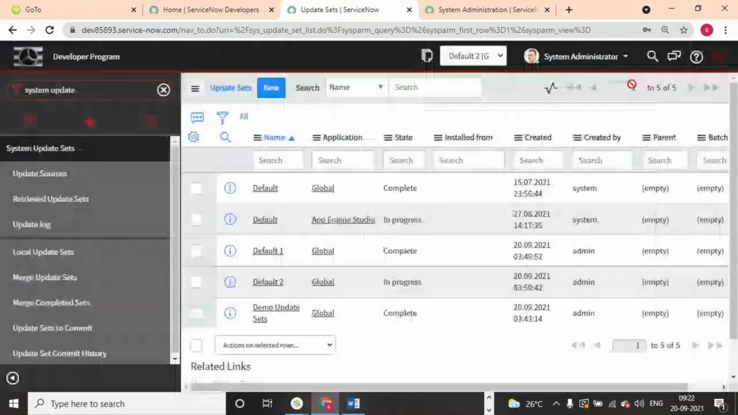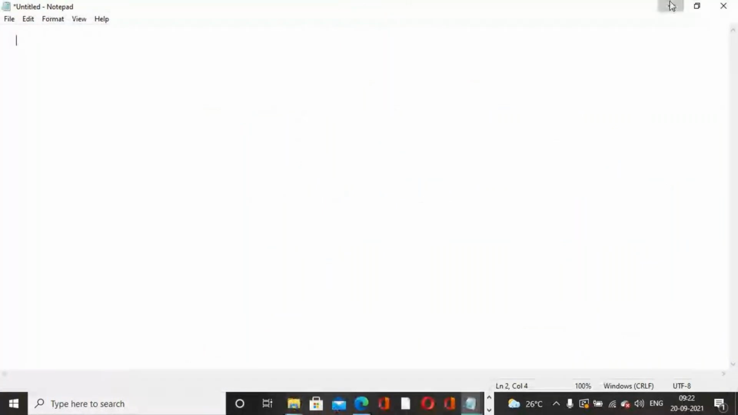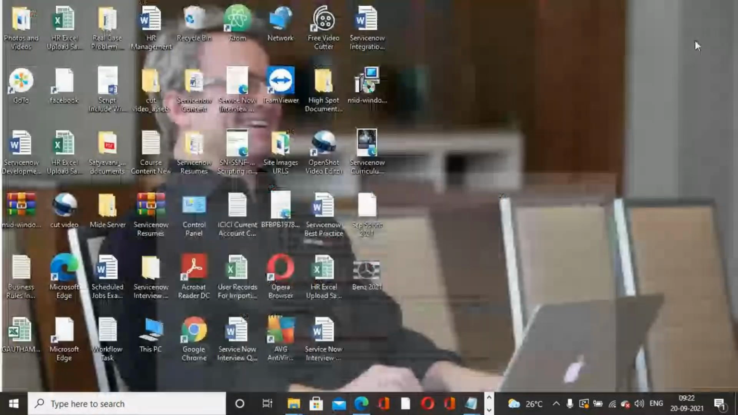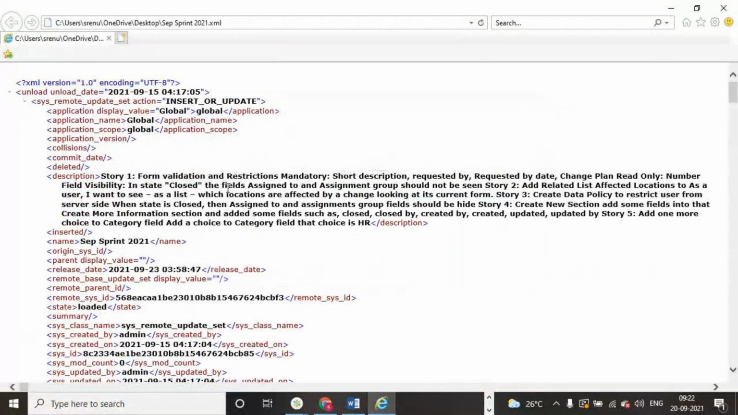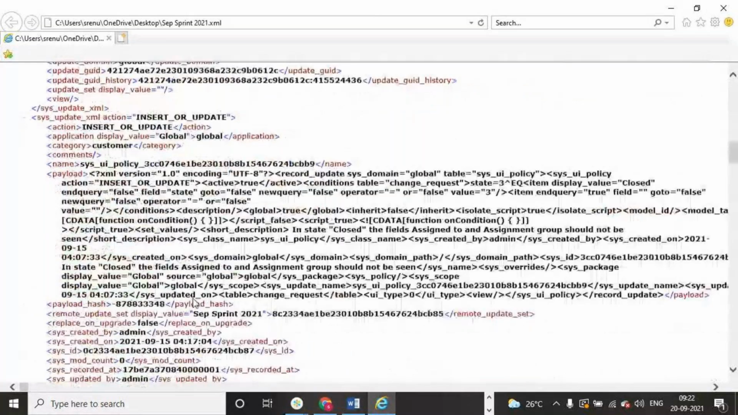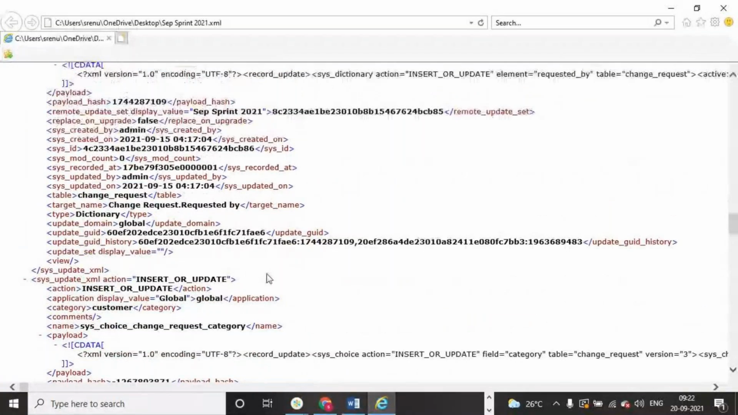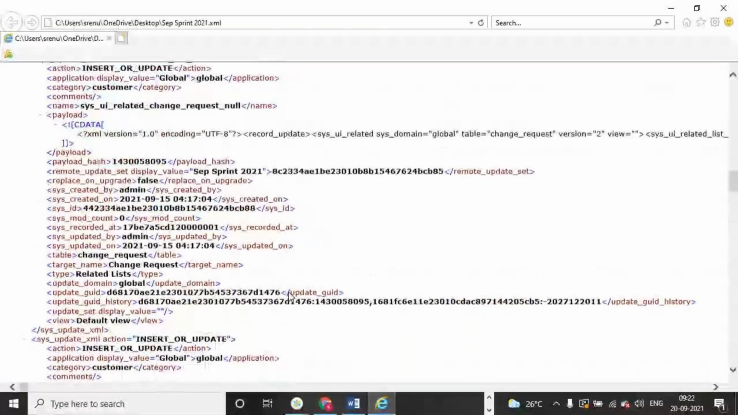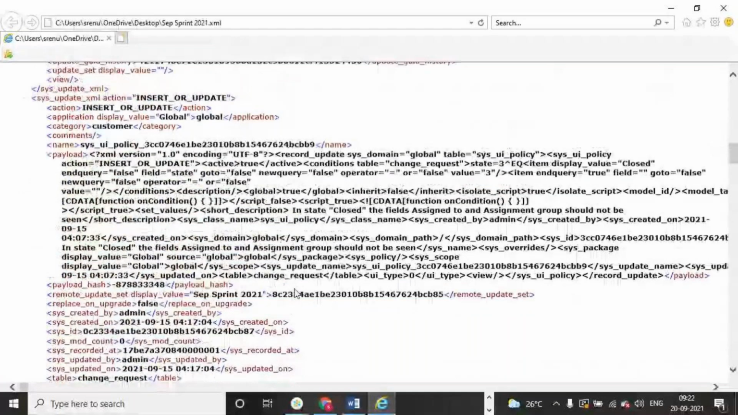And the second precaution: once you complete your local update set record, it automatically generates one XML file. You can download that XML file and keep it on your desktop. Once you have exported all the changes into this XML file, don't make any changes directly in it. It's not recommended, not best practice. What you exported into your XML file, you move as it is to the target